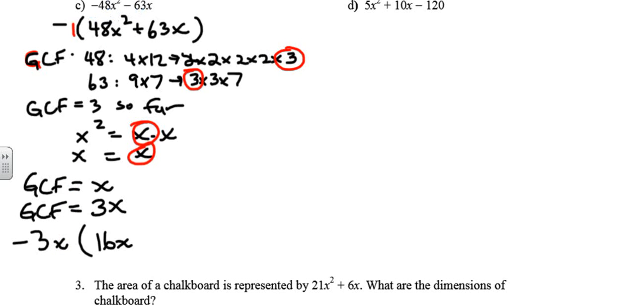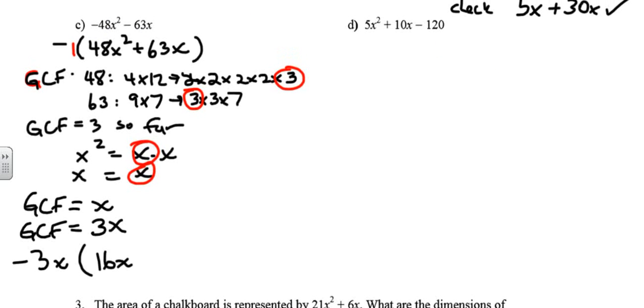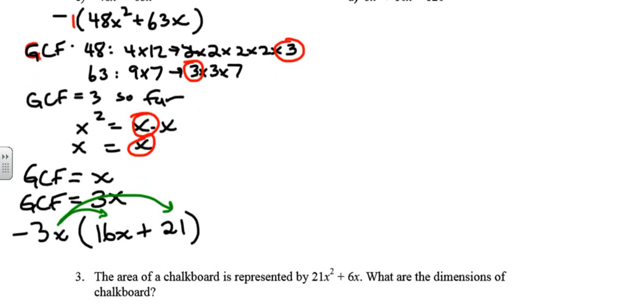Right? If we go back to the original, we can see that negative 3x times 16x is negative 48x squared, and negative 3x times something positive 63 divided by 3 is going to be, if you do it on your calculator, 21. And we don't need an x there because we already have an x here, and there's only one x in our original. Okay, we want to check, as per usual, we're just going to multiply the first term by the first, and this term by that one, and we end up with,